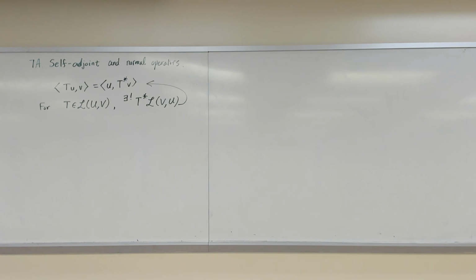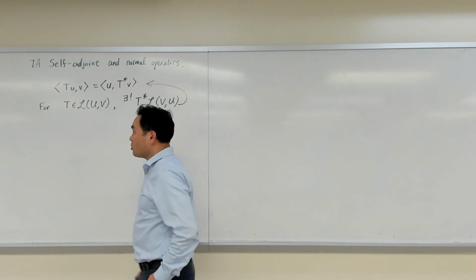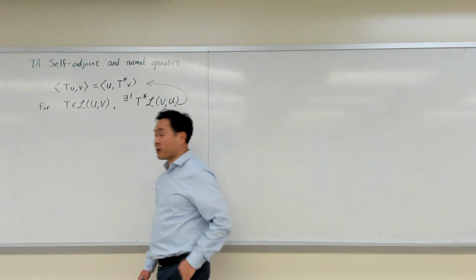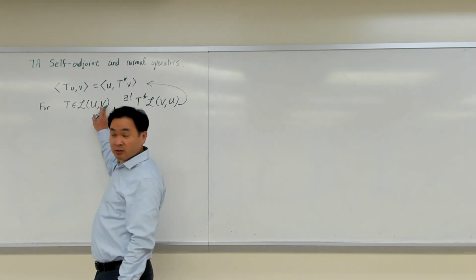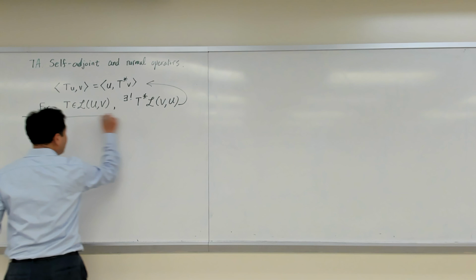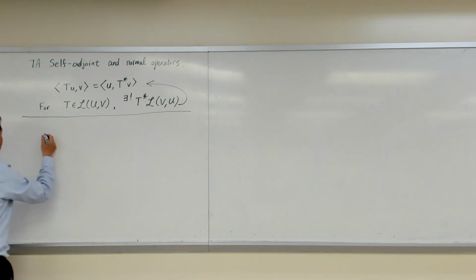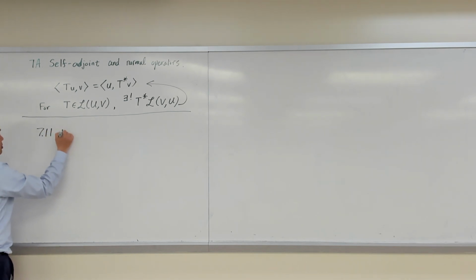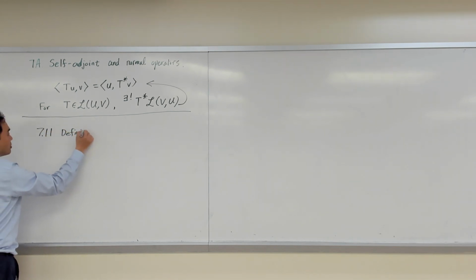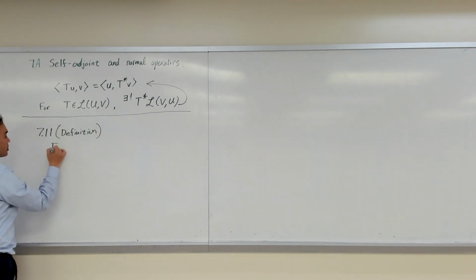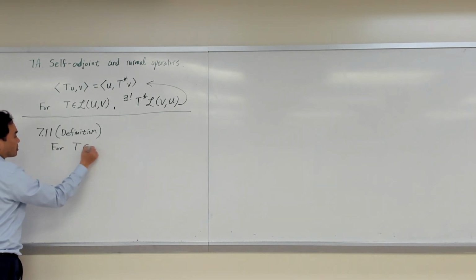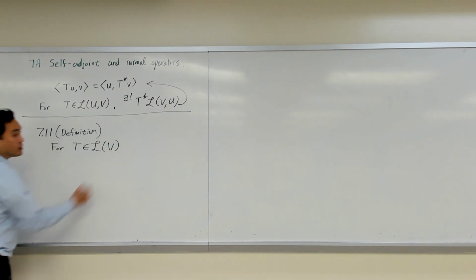Okay, and that was defined for general maps, but today we're going to only focus on operators. Operators are a special kind of map where domain and target are the same. So we'll begin with a special kind of operator. So 7.11, definition, and the definition is for T, an operator on V, okay,